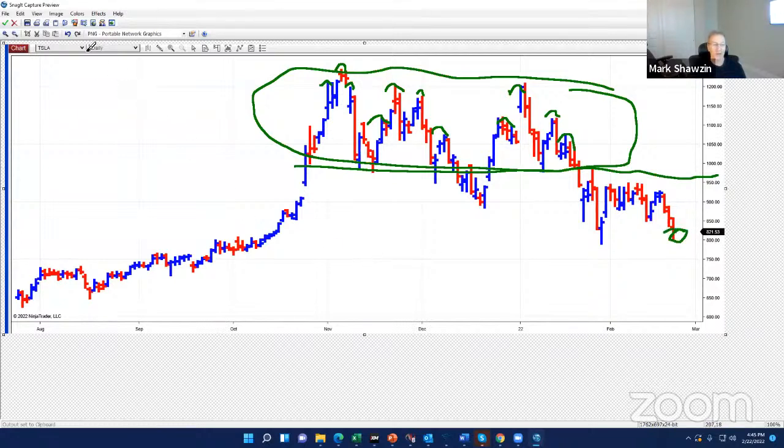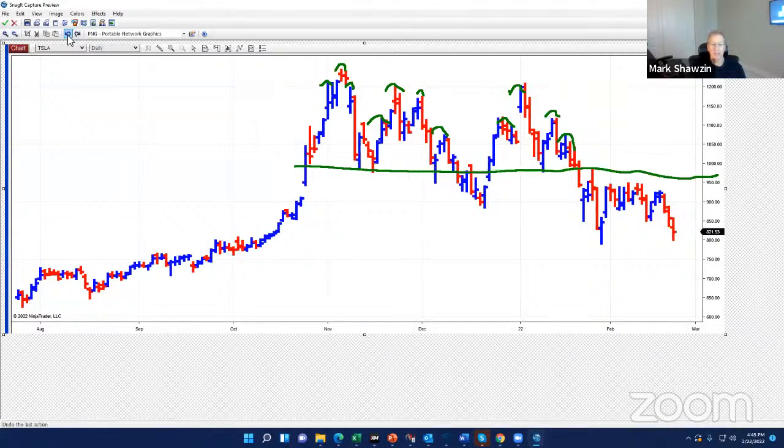I've been saying for weeks and weeks to our members, this thing is going to become unhinged, and we're going a lot lower. Now we're also in a bit of a tricky area where we're bumping up against this recent support. And so again, you're probably going to get 100 head fakes in Tesla, but to my mind, you need to short the rallies.